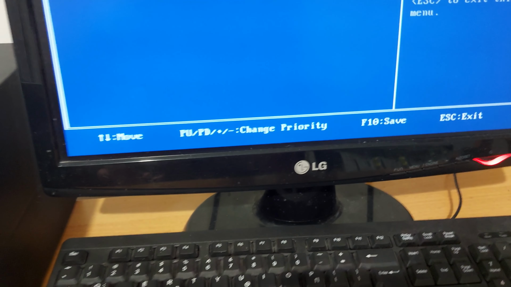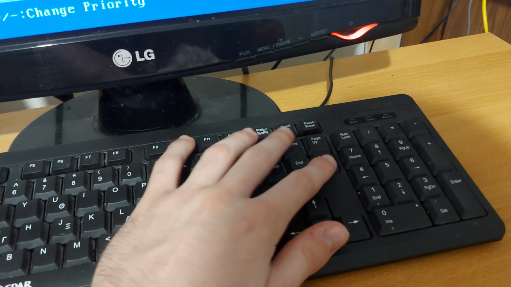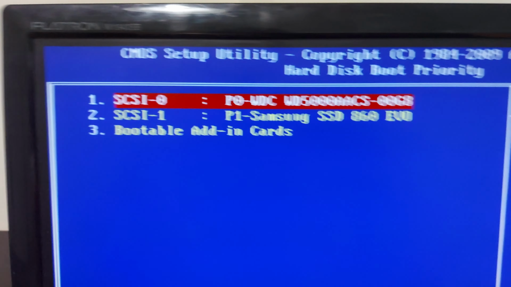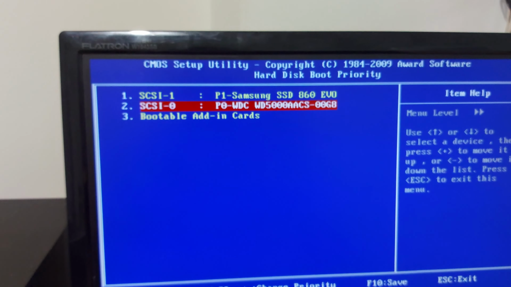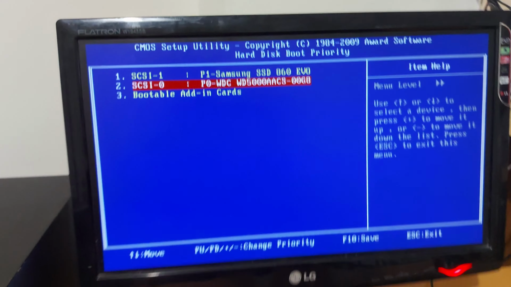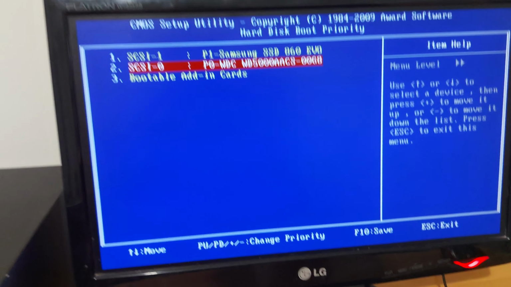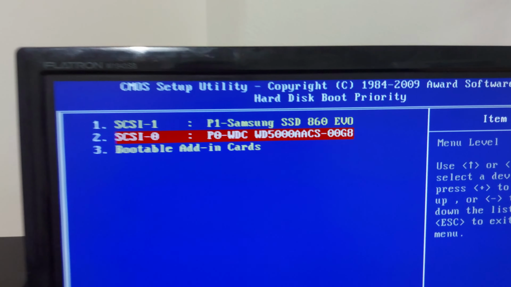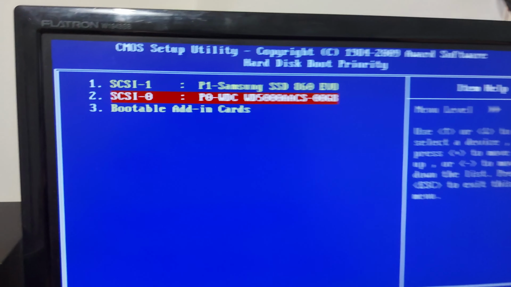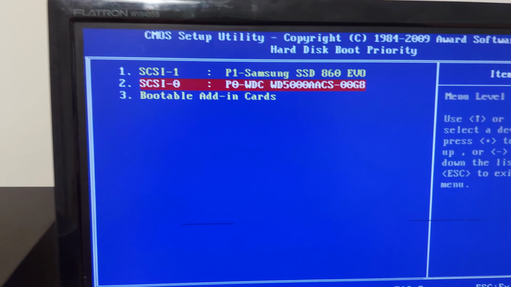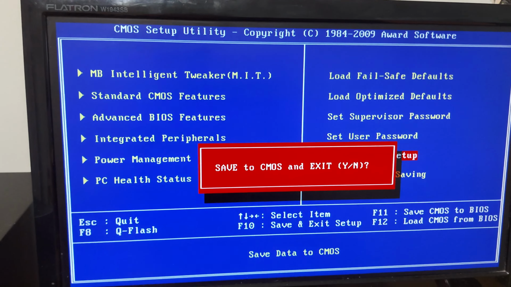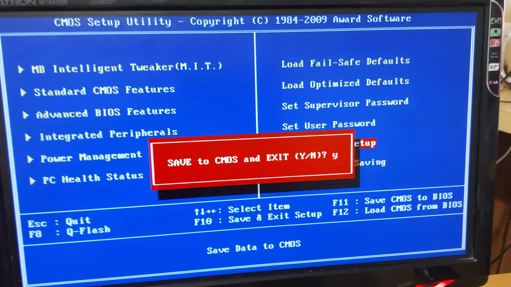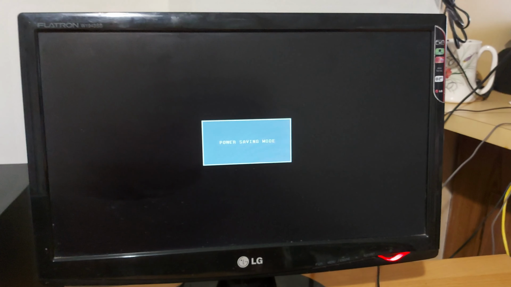If you do not know what these buttons are, for me they are the page up and page down buttons, and if I click page down, it will bring the SSD to the top place. As you can see right here, I just did it, and it has put the hard drive storage in second place. The next time your computer boots up, it will boot from the first hard disk, which for me is the SSD right here. Once you have changed the boot order, head back to the menu, head to where it says save and exit setup, hit enter, hit Y for yes to save to CMOS the settings that we changed, and I'm gonna hit enter, and you will see right now that it will boot straight to Windows.